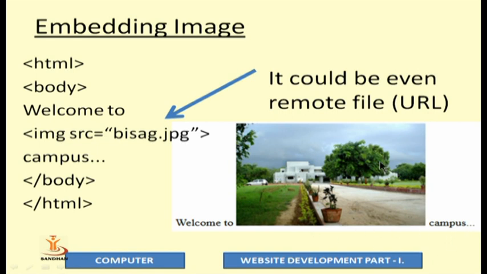But what campus am I inviting you to? I am inviting you through bisect.jpg. So bisect.jpg is appearing in my HTML page. Here, this is the part where you can write the image name. And as I told you earlier, you can also write the URL of the image. That means if you want an image to be called from another website, you can write the full path of your image, that is called a URL. URL stands for uniform resource locator.